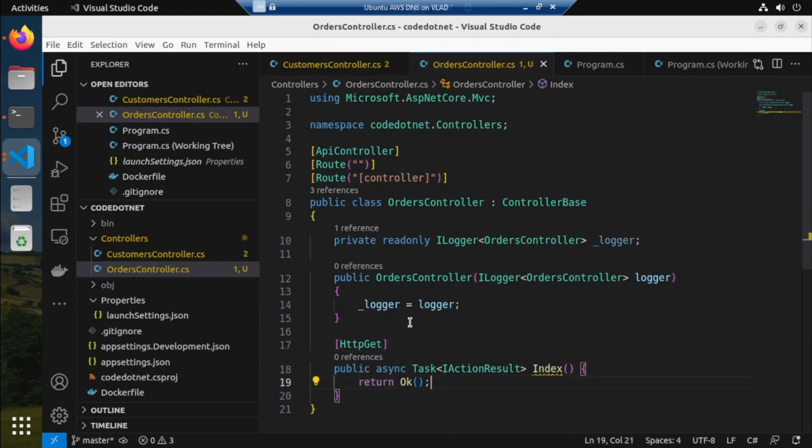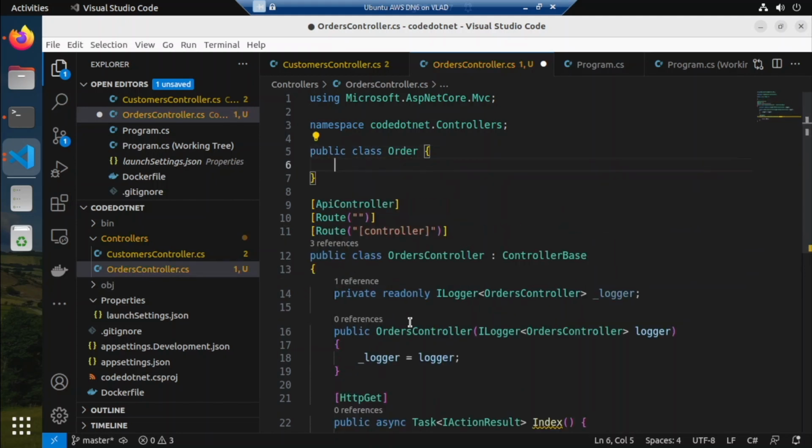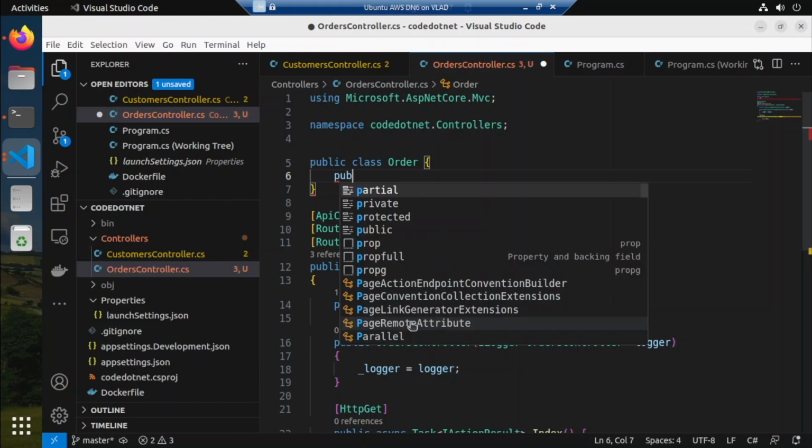I think it's okay like that, and then say here public class order, here public int ID,